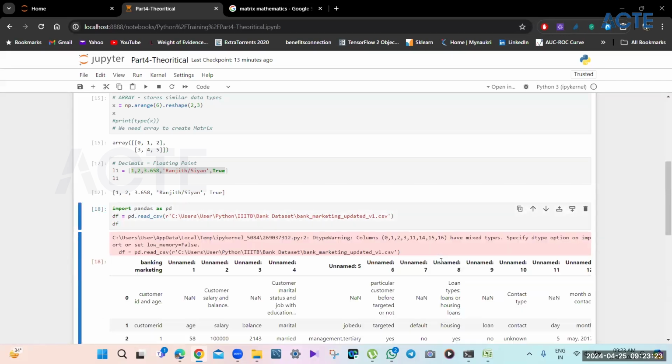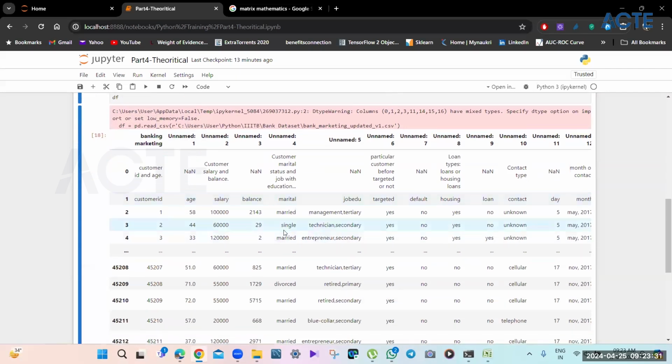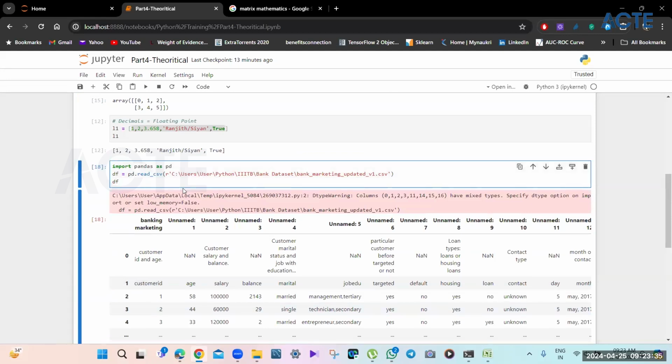So if I put df now, this is how the file looks. This file was in the system, so we are just importing the file to Python. Absolutely. That is what we are doing. This is a CSV file which was there in the C drive location. We are just importing it. That's it. If you want to edit or do some modification, can that be done here, or do we have to go back to the file? No, no, we will do everything here. So that is what we will learn.